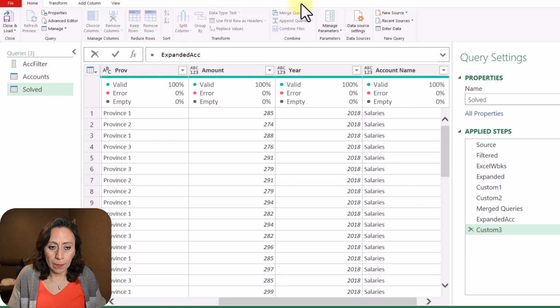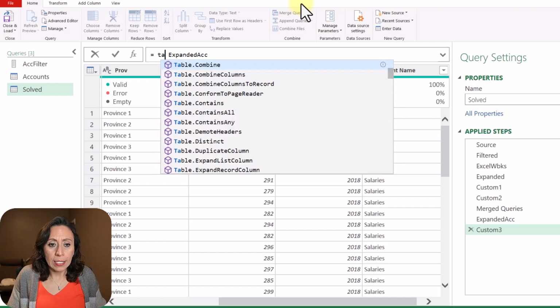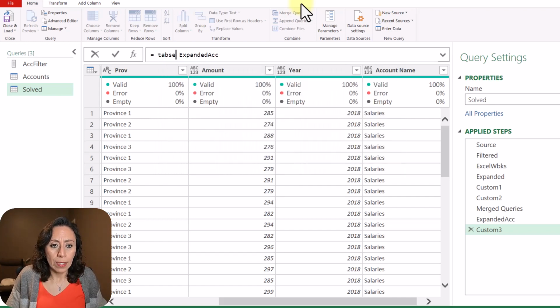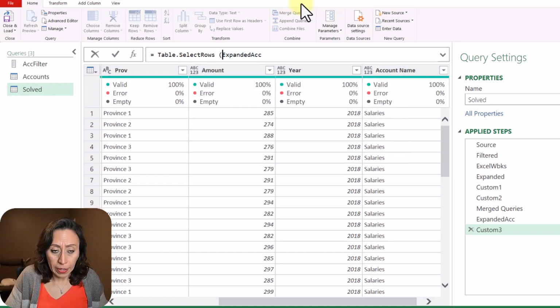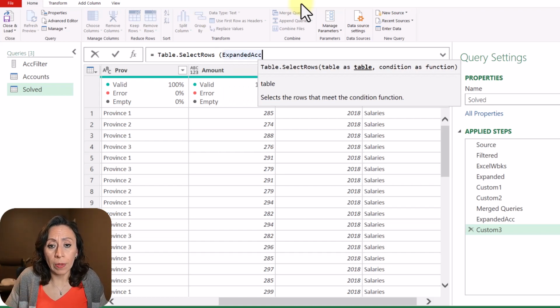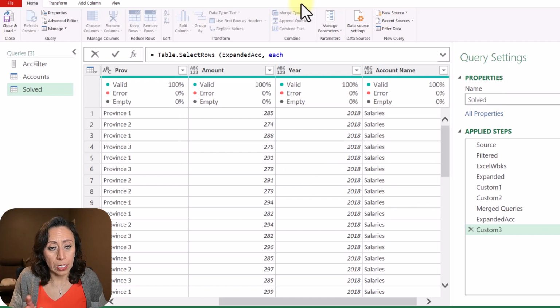After the equal, I'm going to say Table.SelectRows. If you don't want to do it manually, you just can select one item from the filter. But in my case, I like to do it manually. Table.SelectRows, open parentheses, the table that is coming from the previous step, comma, which is the condition. I'm going to say each, please process the following. And I'm going to say that I want to use the list account filter.